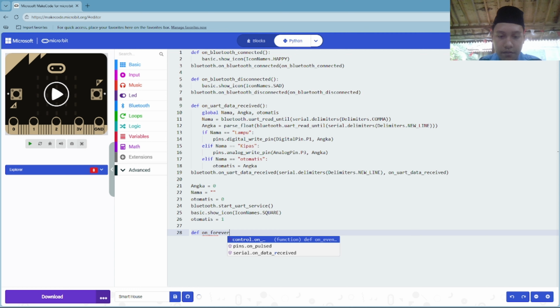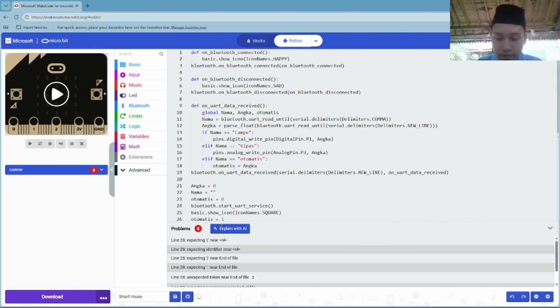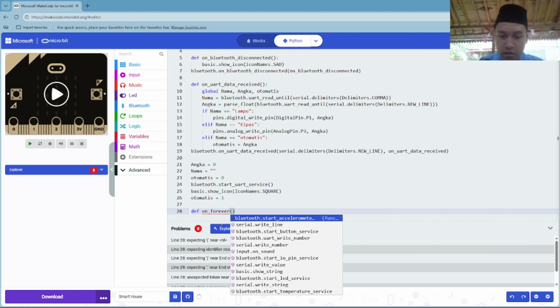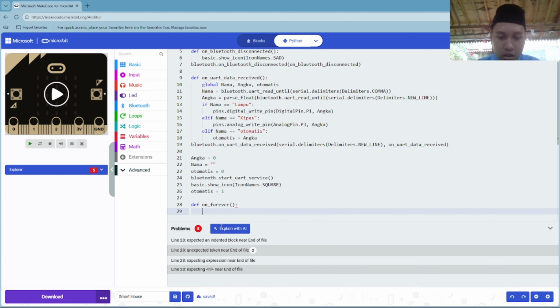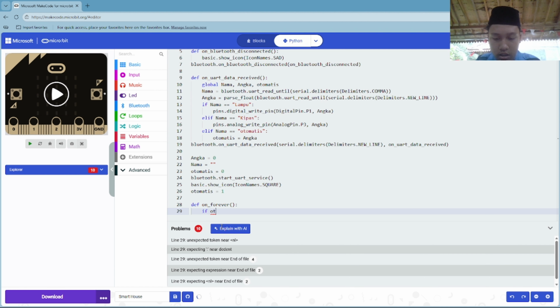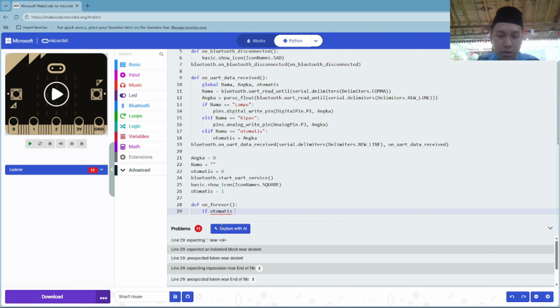Okay, next, forever. Close bracket, open bracket, close bracket, and then if otomatis. So right now I will make the automatic system.